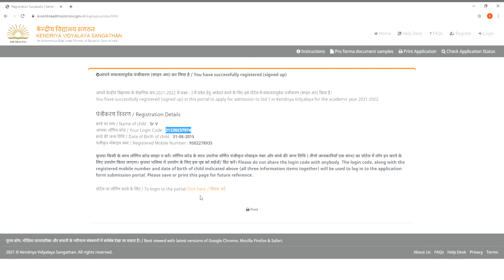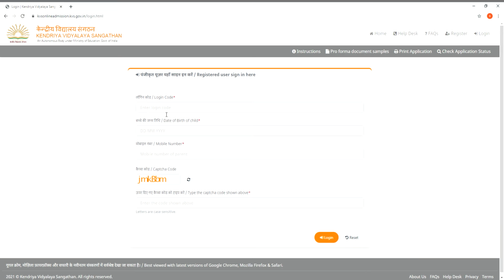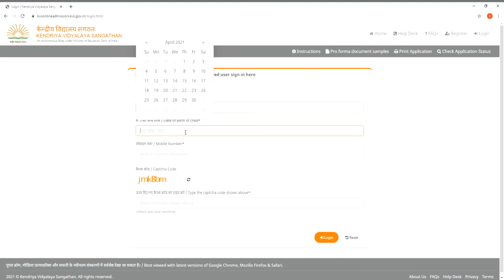Click the link here to login and fill the application form. Enter your login code, the date of birth of the child, and the mobile number which was provided earlier.